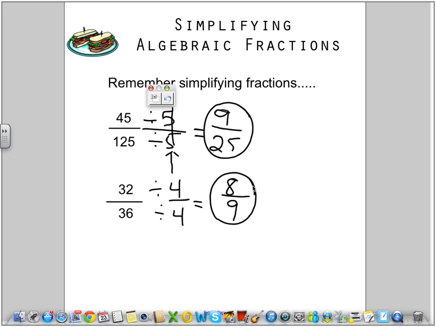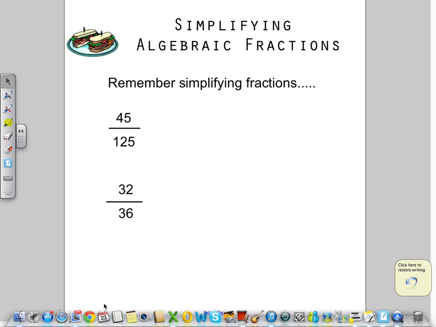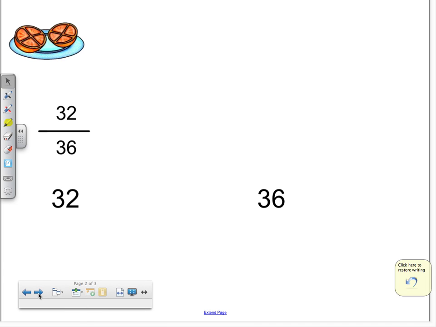Now, you could have done that in 2 steps, dividing by 2 and then dividing by 2 again on both the top and the bottom, but that just would have taken more time, although you still would get the same result. So now, we're going to look at this a different way. So now, I would like to look at 32 over 36 again, but I'm going to instead start by prime factorizing